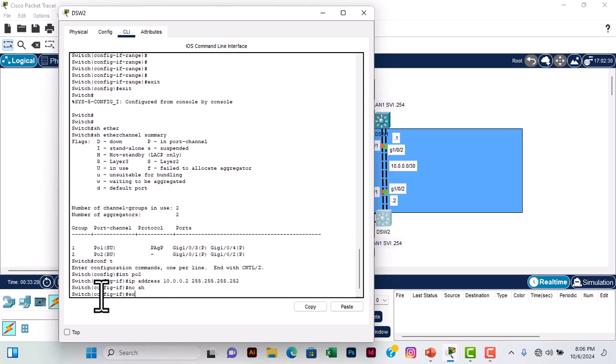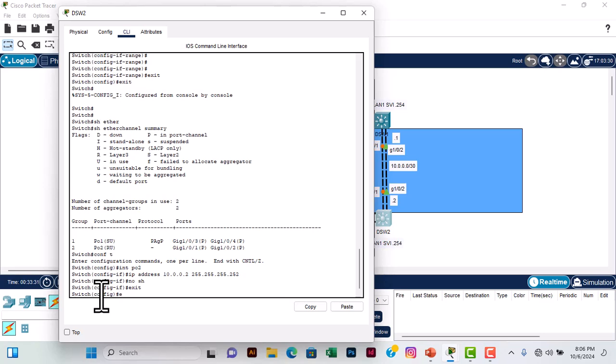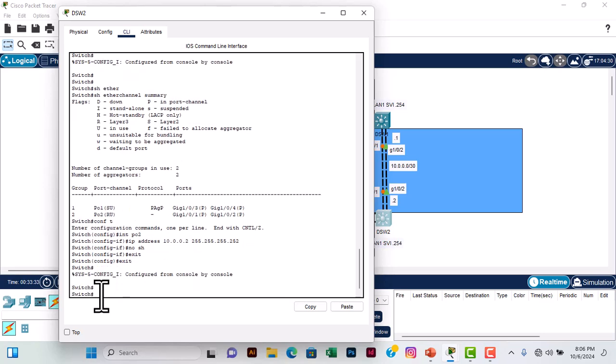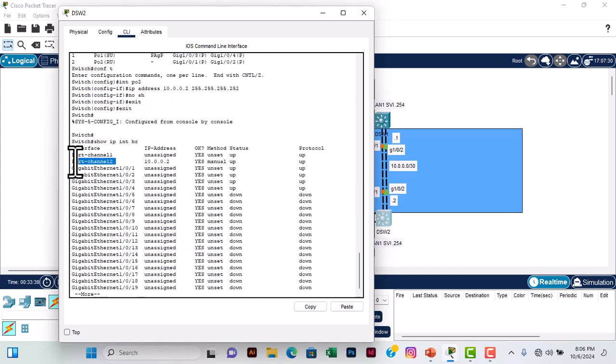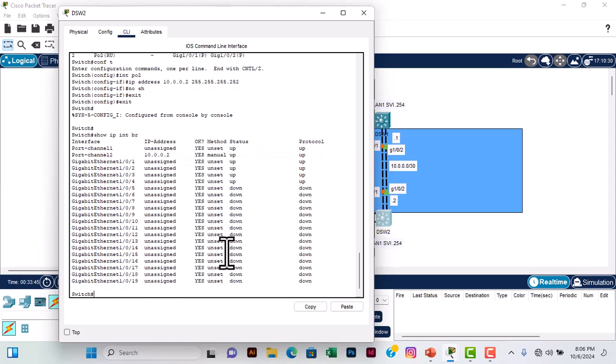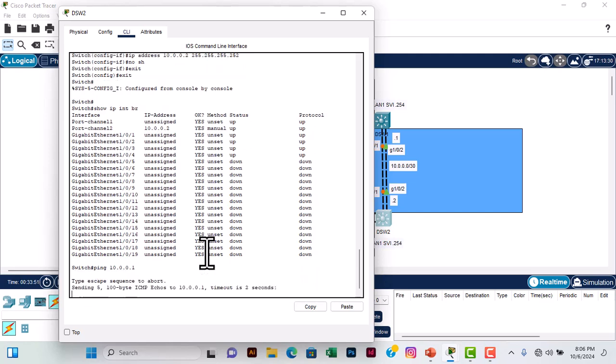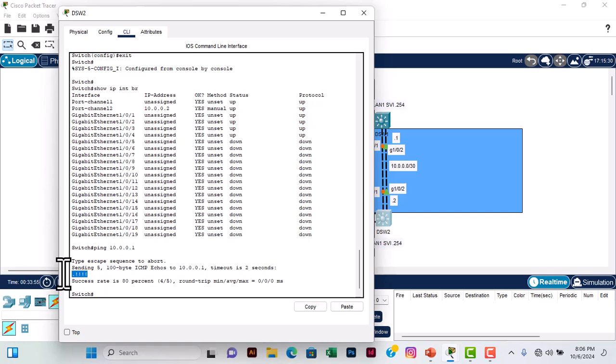Exit, exit. So show ip interface brief. So you can see on port channel 2 we have an IP. It is up, right? So if I try to ping 10.0.0.1, I should get reachability. Okay,